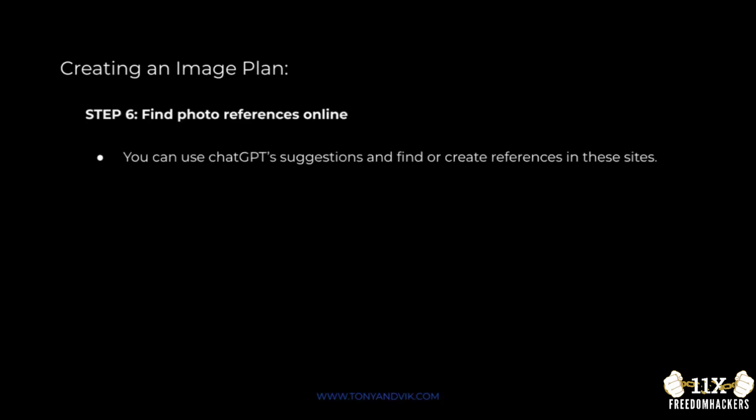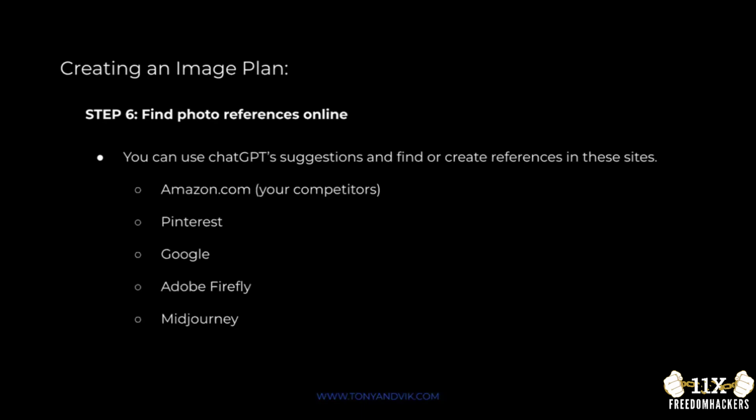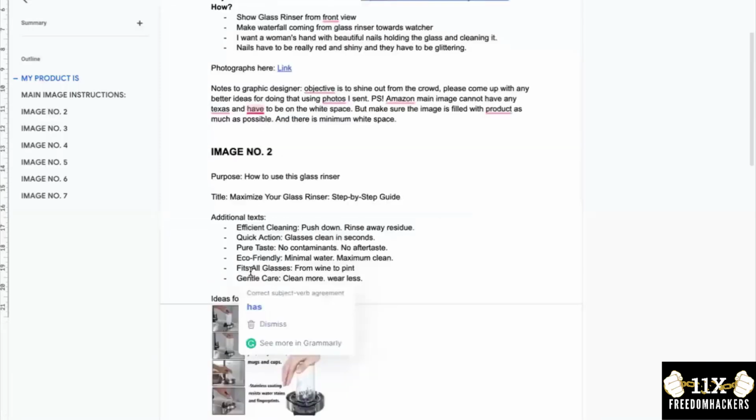So yeah. Next, step 6, find photo references online. We can use the suggestions that we got from ChatGPT to find or create this reference on these sites. So, Amazon, what the competitors are doing, or Pinterest, Google, Firefly, Midjourney, Shutterstock, and then pretty much finishing the image plan. So here are the steps